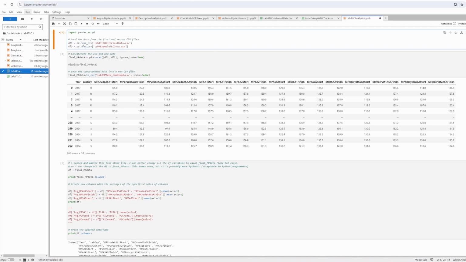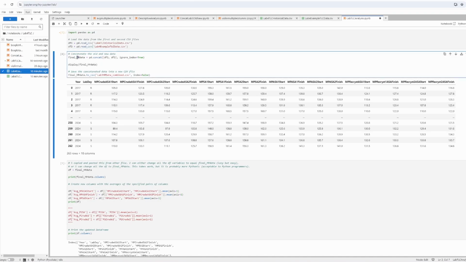And so we should be able to pull this information in now as two data frames, DF1 and DF2. And we're going to then, instead of melting point, call this TLC. The final TLC data is going to be a concat on the pandas data frames DF2 and DF1. And we can save it as a CSV file, a brand new one. We're going to call this lab 4